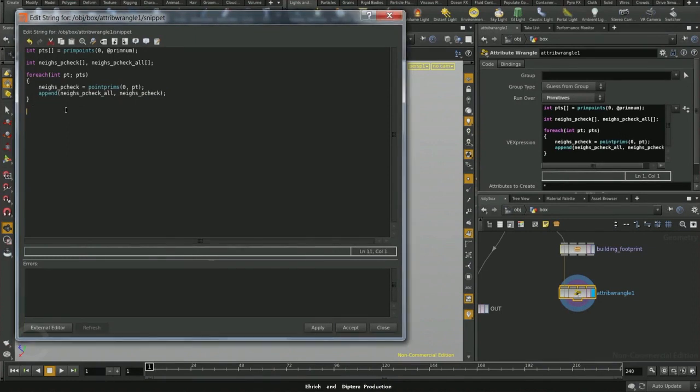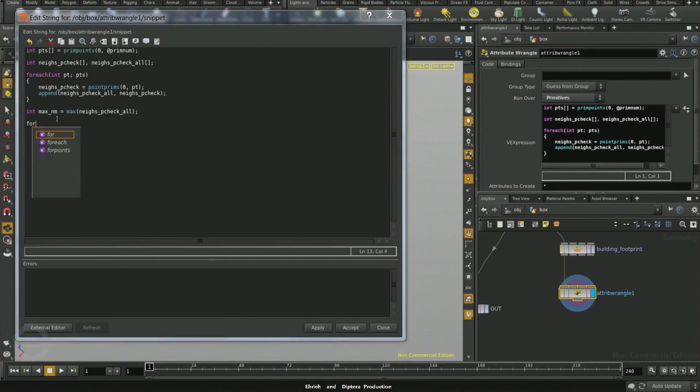And now we will need to find all the direct neighbors, and for that we will have to run over all the primitives. However, to make the job a little bit easier and faster, we won't run over all the primitives, but we will run over the primitives until the maximum number of the primitives in the array. So we will need to know which is the maximum primitive number in the array, which is easily done with a max function. So let's call it max nm, and we just say max from our nays pcheck all. So now we know which number is the biggest one,